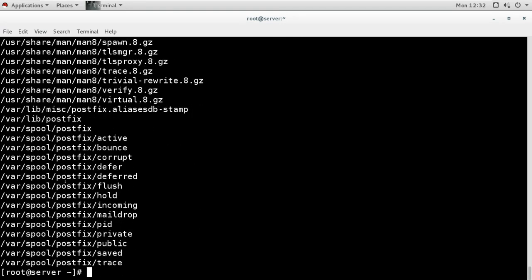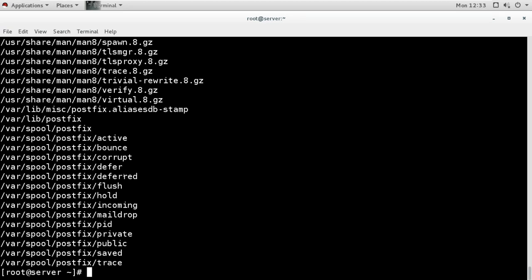Then we have a spool directory. Under the spool directory we have the postfix directory, and in that postfix directory you have different directories. These directories hold active mail, bounce mail, corrupt mail, deferred, flush, hold, incoming, maildrop, pid, private, public, saved, and trace.